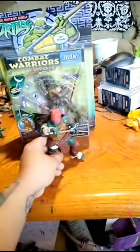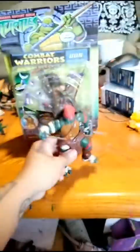So the thing is, when I was upstairs looking through my boxes trying to think what could I review, I do remember I had the Raphael one, but I just couldn't remember the Michelangelo one. Her personal favorite turtle is